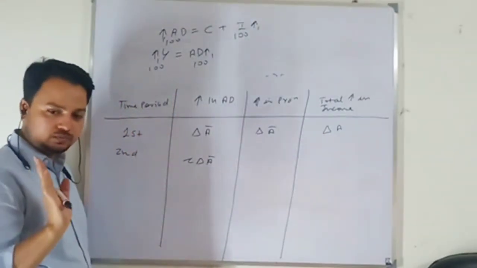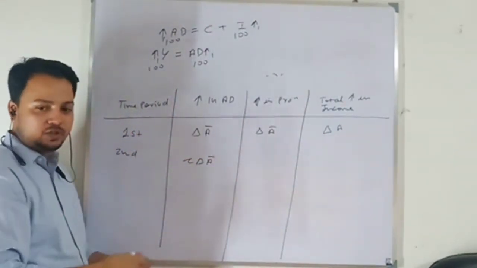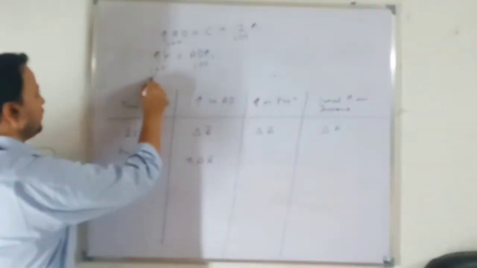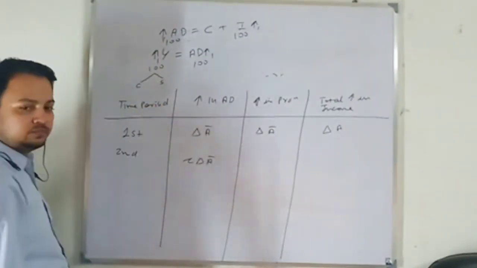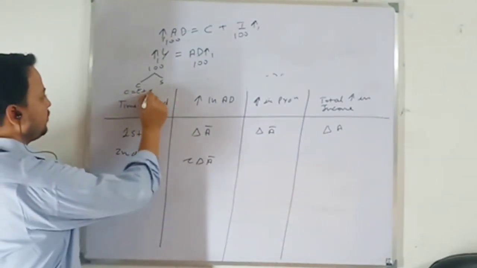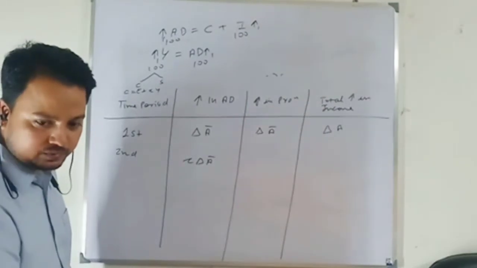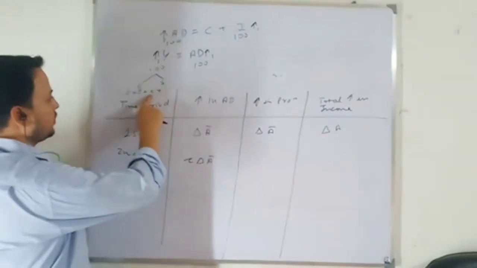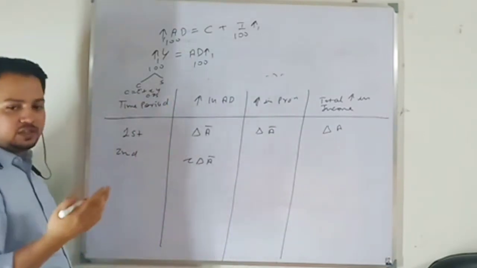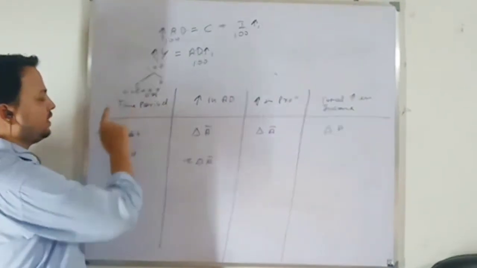Remember the circular flow, okay. Whatever is produced will be distributed in the form of wage, interest and profit. Now this income will be used for consumption and saving. So consumption, you know, C equals C bar plus small c y, right? So suppose MPC is 0.75. When income increases by 100, how much will be the increase in consumption?